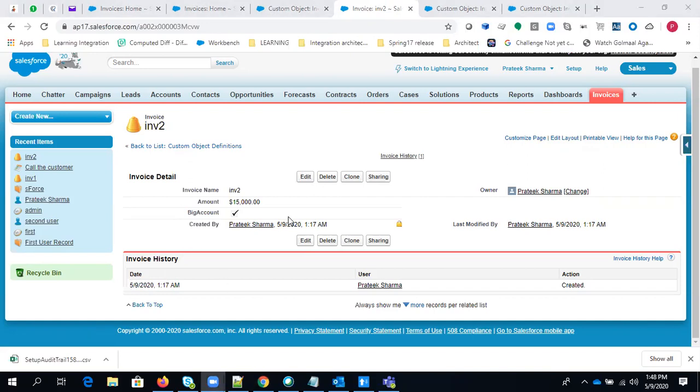So you can see the big account checkbox is checked, right? This was checked by the workflow automatically. We didn't do anything. If the amount is greater than 10,000, this particular checkbox will be checked.